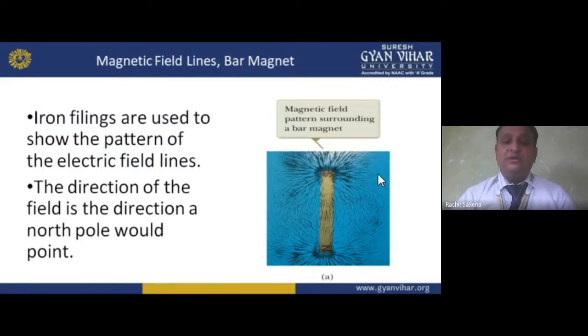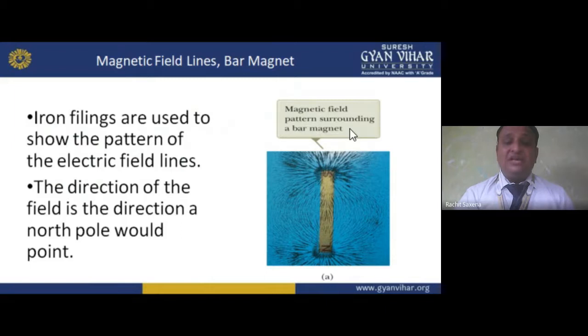Now move forward. Magnetic field lines of a bar magnet again. I took a bar magnet here. In this we have the north pole and the south pole, and this is shown by some lines, the fluxes. So the magnetic field pattern surrounds a bar magnet. We have a magnet, but we are finding the pattern around it. Okay, I hope you understand.